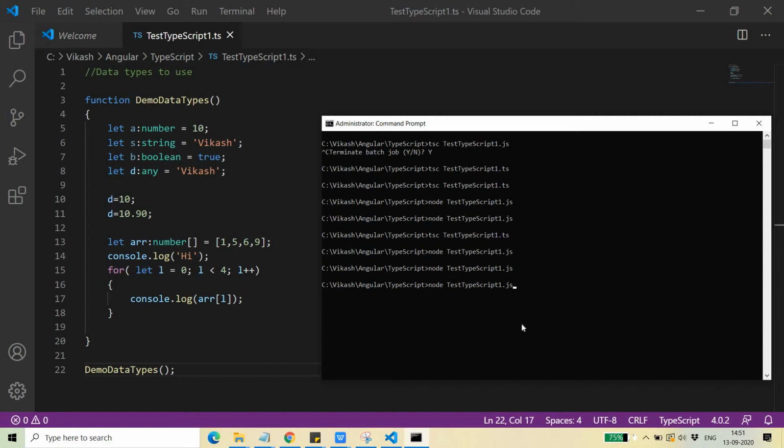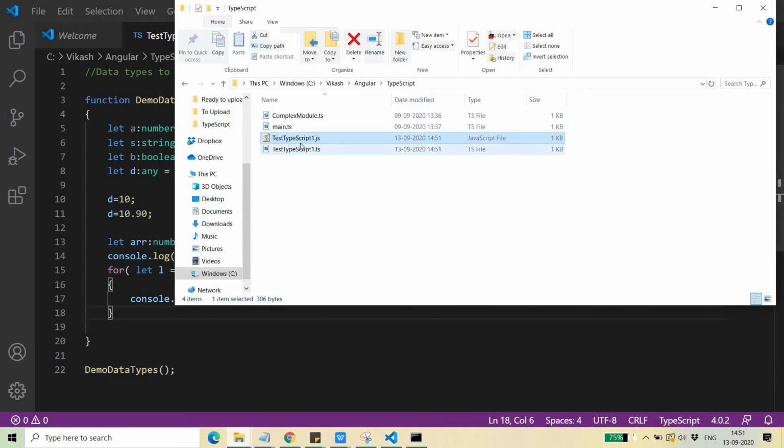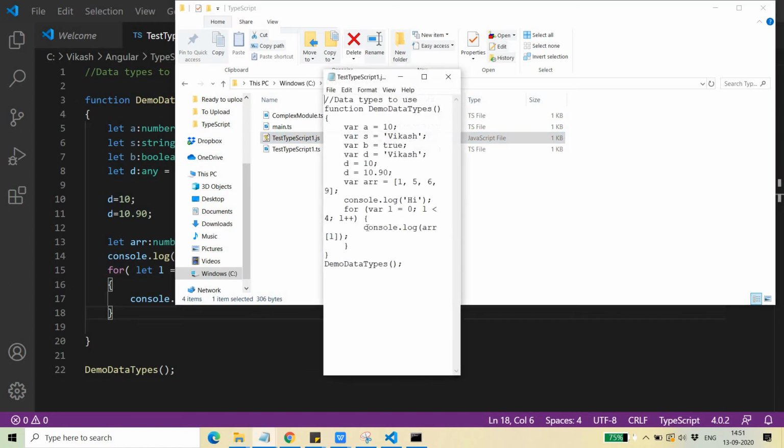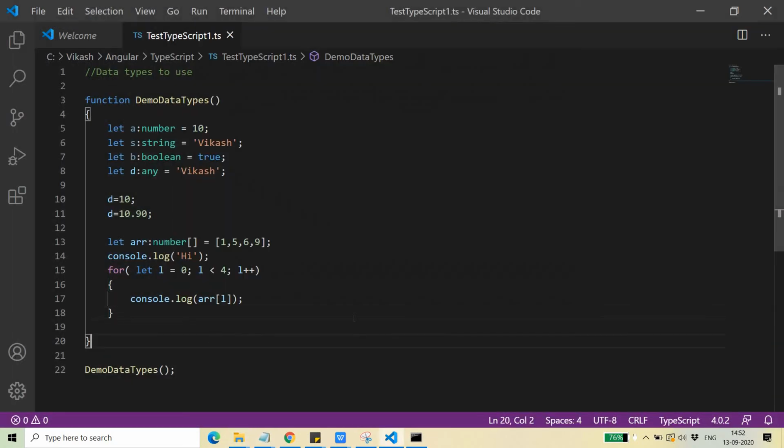Now first I need to compile it, then I need to run it, then it will run. Okay, so everything has been printed now. So you can see that this is how you can use the data types provided by the system. And here you can see it has converted it into valid JavaScript code, because JavaScript doesn't know about let. But when the TSC compiler, which is the TypeScript compiler, compiles it to the JS file, then all the variables will be converted accordingly. Okay, so this is the way it works.